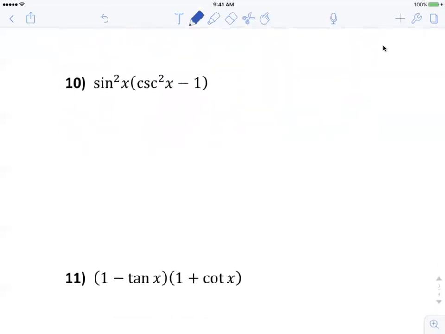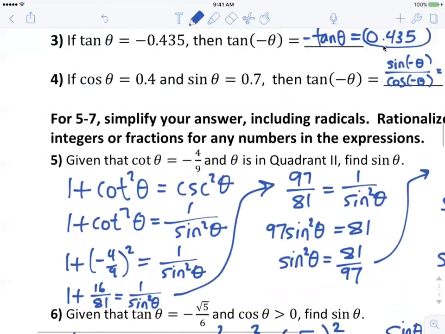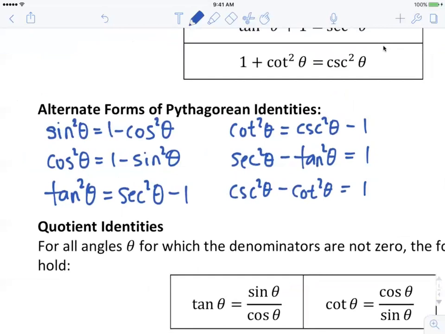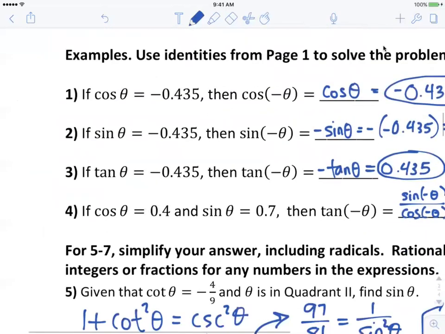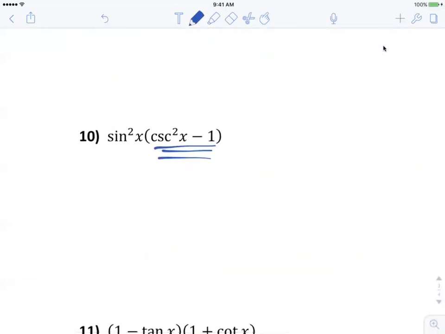How about this? Sine squared times cosecant squared minus 1. I'm kind of zeroing in on this. Cosecant squared minus 1 feels like an alternate form of an identity. Let's go back up to when we did those alternate forms. Do we have a cosecant squared? There it is, right there. That's cotangent squared. Okay, so I can replace cosecant squared minus 1 with cotangent squared. Just do a substitution. So this is going to be sine squared times